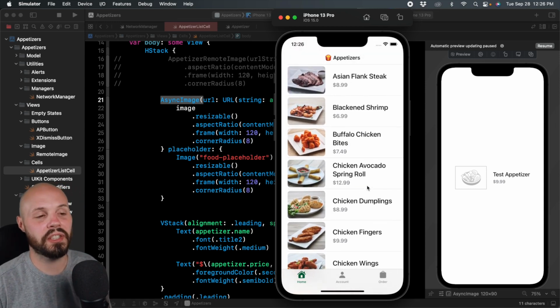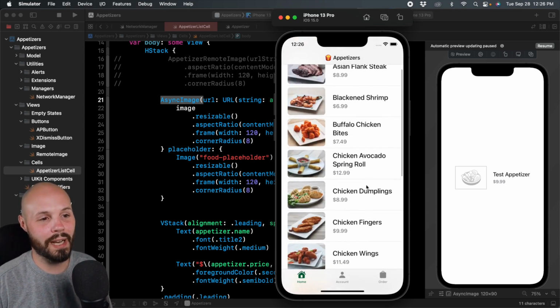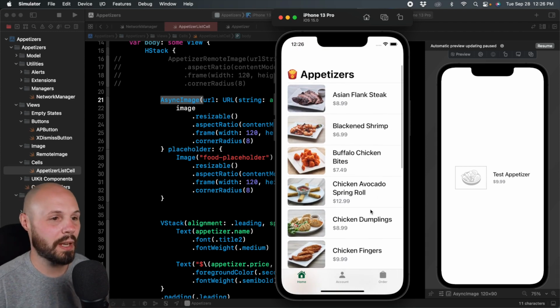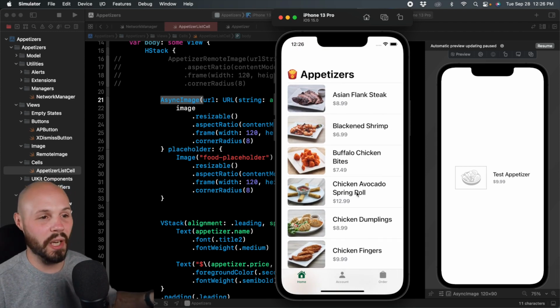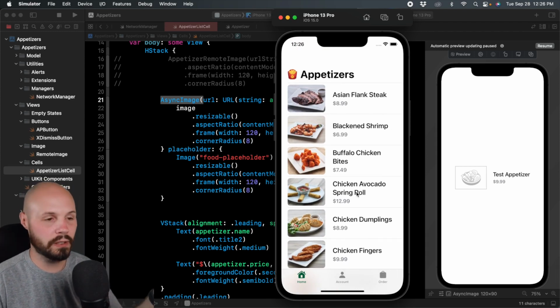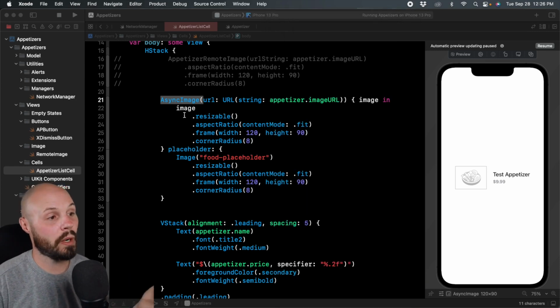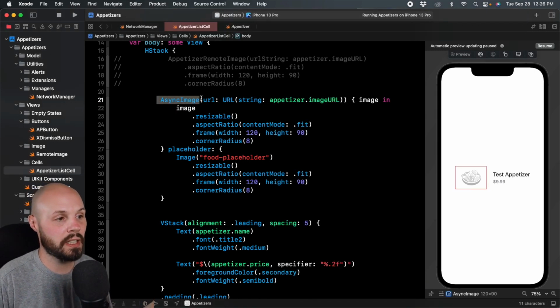But again, this is very situational on your product. If you're downloading a bunch of stuff and it's insanely inefficient, absolutely cache it. If you only have a couple and maybe you're not re-downloading much, maybe it's not that big of a deal. Again, pros and cons that you got to weigh for your own project, your own product, your own team, that kind of stuff. But I did want to point out that is the downside of using AsyncImage,